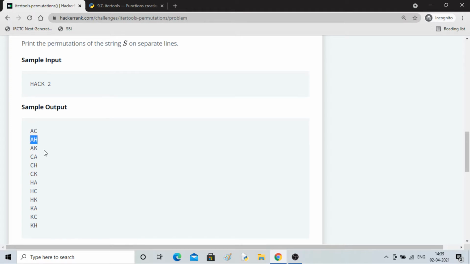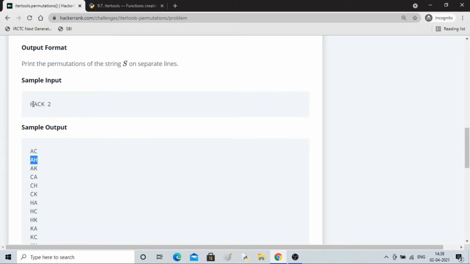It is in lexicographic order. Starting from a, left to right, you can think of it as going from a to z. So AC will come first, then AH, AK, then C is coming because alphabetically after AC comes C, and on this side A comes first, then H. That's how the pairing happens.